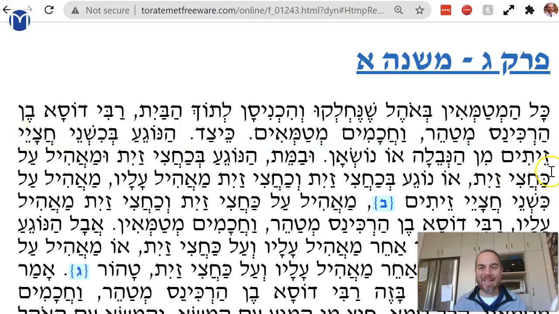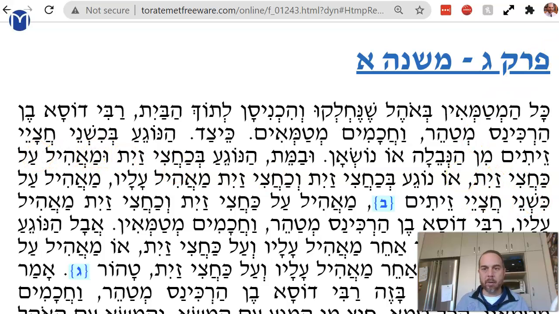So Rabbi Dosa ben Hirkinis, we're going to see, doesn't care about how the tumah is transferred. He doesn't care about if it's divided, and the Chachamim also, we'll see, care a little bit. Ketzad, if you carry two half zaytim, or you touch two half zaytim, of nevela, of a dead animal, ubemate, or for a dead person. So for a nevela, you have to do the same thing. But for tumat mate, if you touch half a kazayit, uma'ahil al kachatzi zayit.